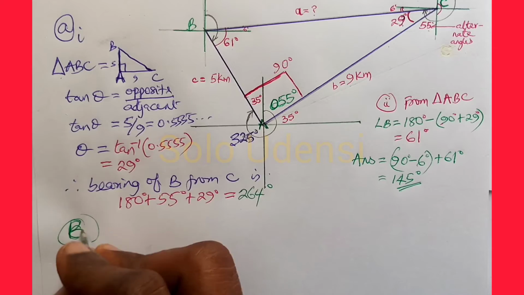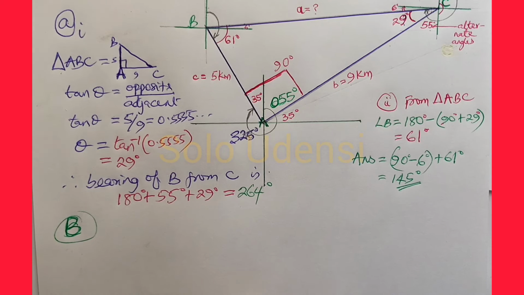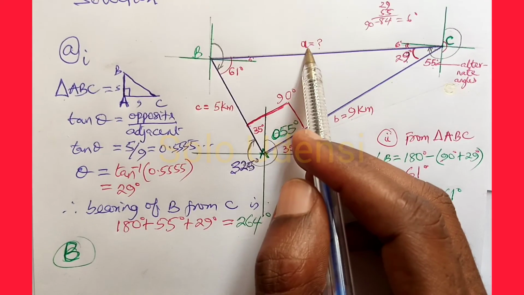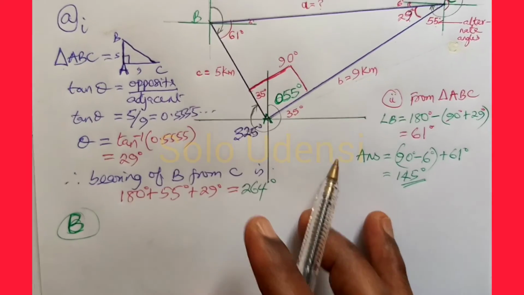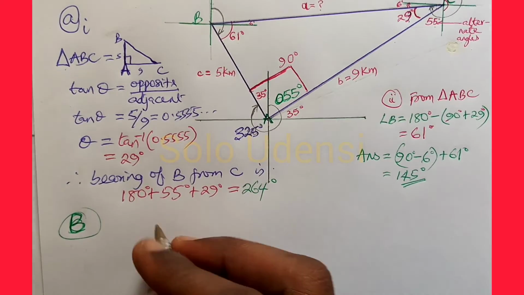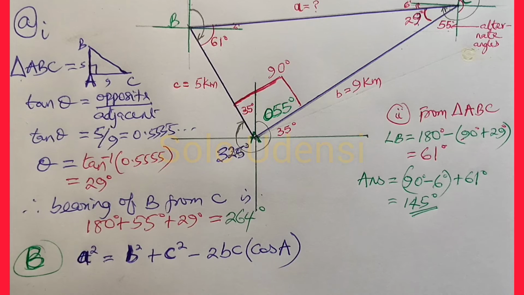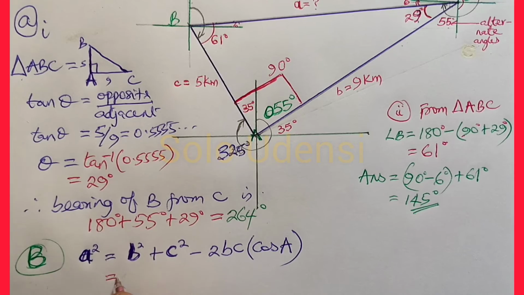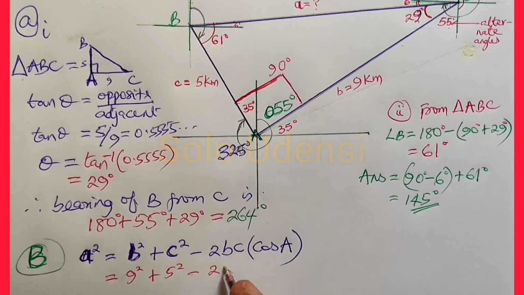So the bearing of A from B is 145 degrees. B. Find, correct to three significant figures, the distance of C from B. The distance of C from B, this length. So we are looking for A or BC. In order to get it, we use the cosine rule. A is what we are looking for. So it's equal to B is 9 km, 9 squared, C is 5 squared minus 2 times 9 times 5,